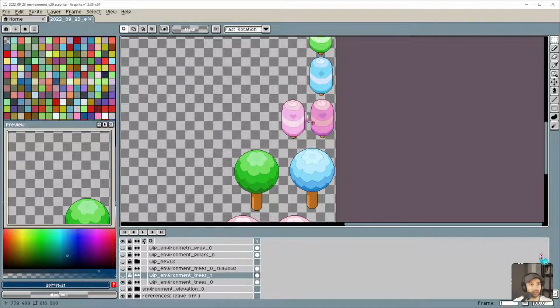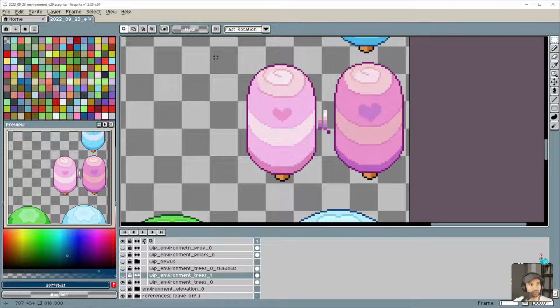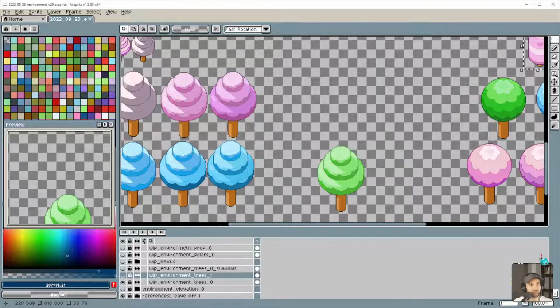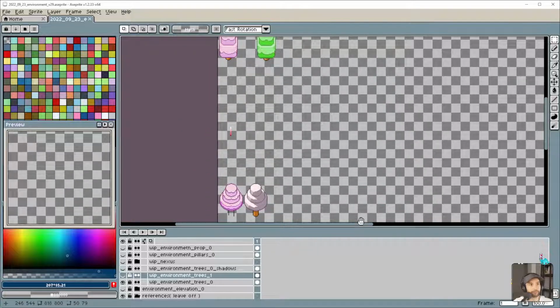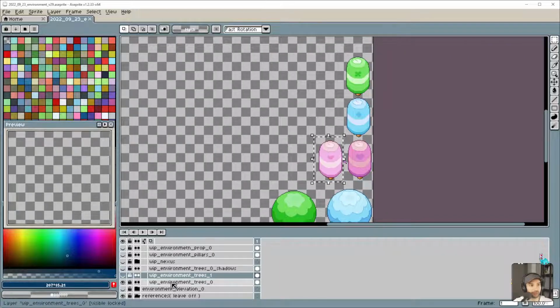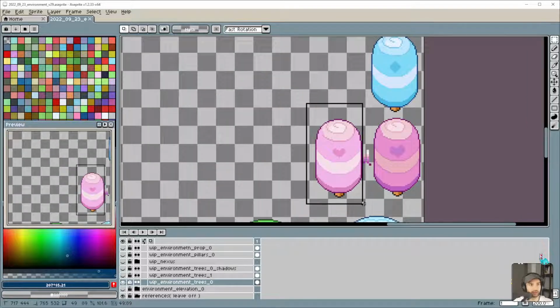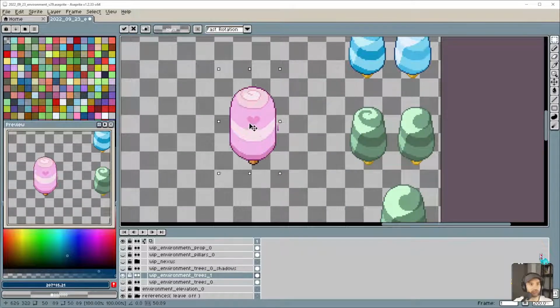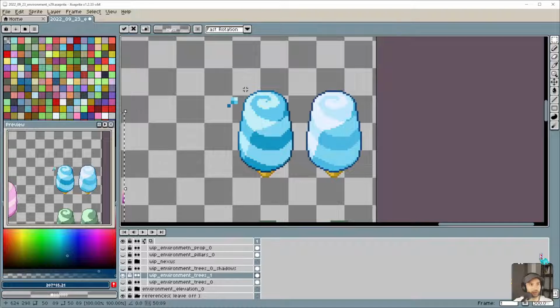Let's do it. Okay, so for the pink one, I'm going to see if I can borrow from this one, because I think this one should have pretty good pink colors. If it doesn't, then I'll come back and borrow maybe from this one. I'm not sure, but we'll figure it out. Okay. Nope, that's not what I want. On that layer, select this, copy that, unhide, paste it here. Okay, so we'll do a pink one.